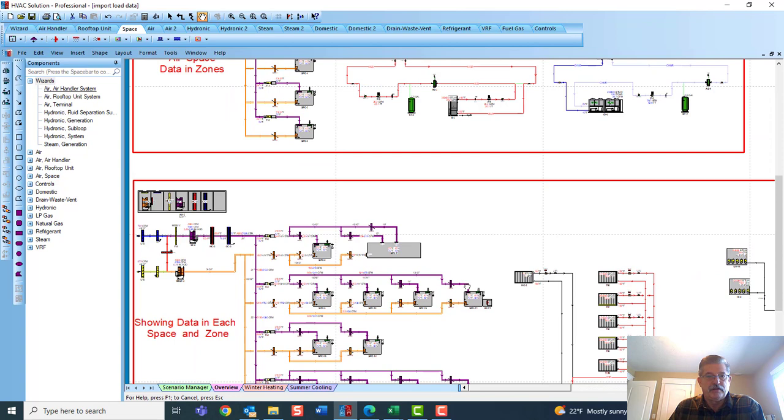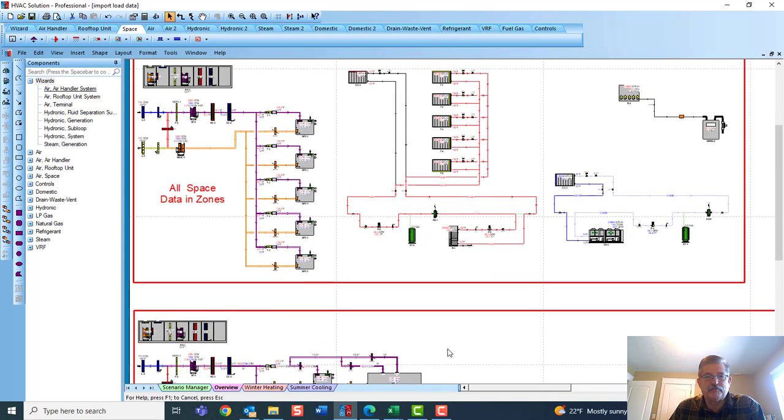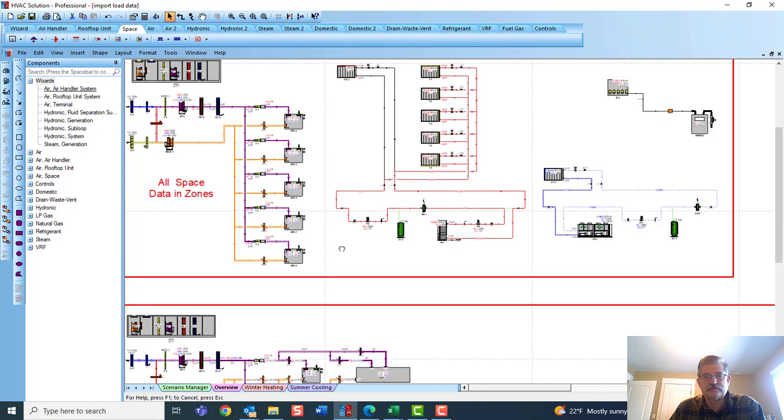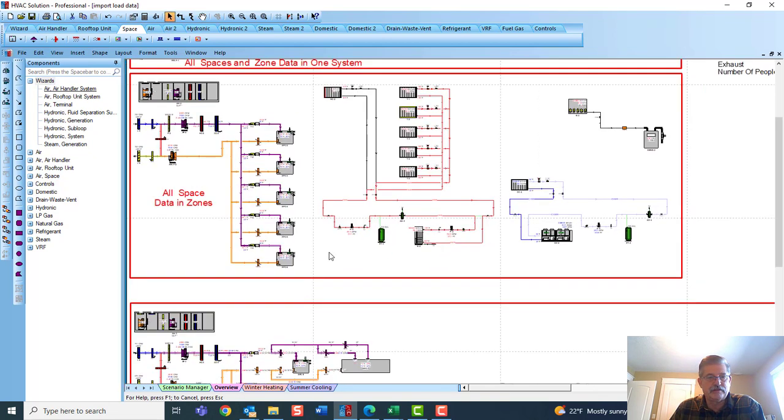So anyway, just wanted to go over that as you go through that wizard. If you bring in four air handlers' data, however you have it organized in the loads, then you cycle through that wizard three or four times and can build each air system with different coils, different fans, and so that's really helpful. So I hope this has been helpful in understanding the spaces, zones, and just air systems,